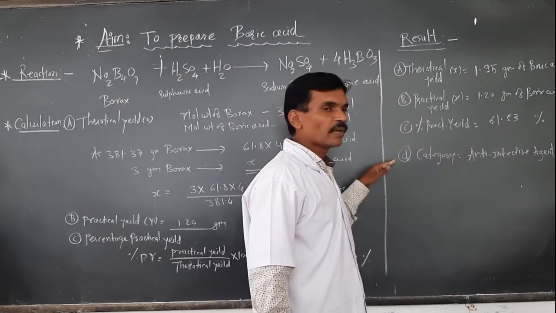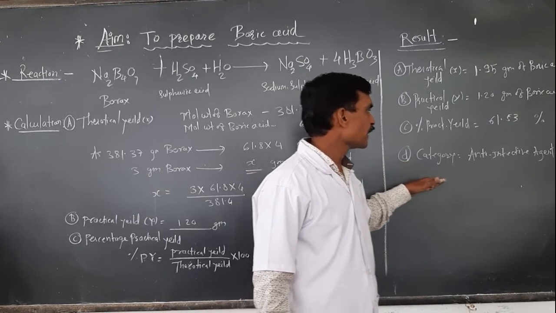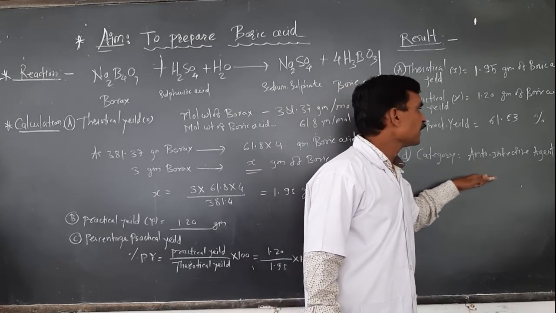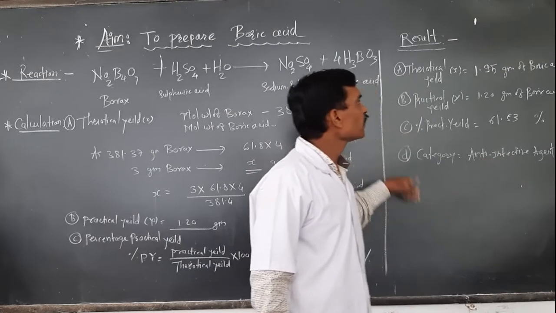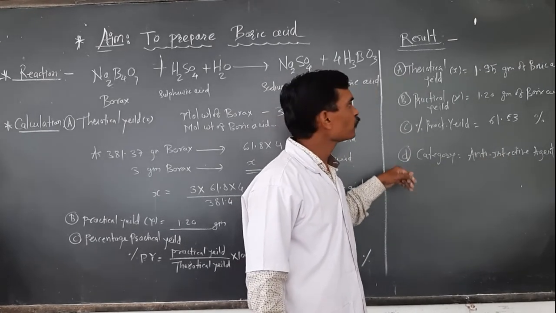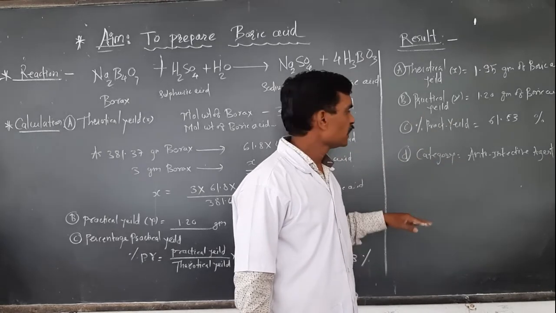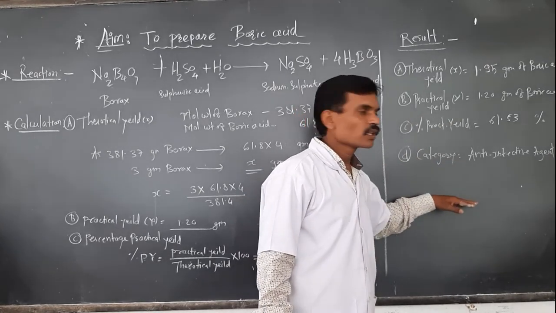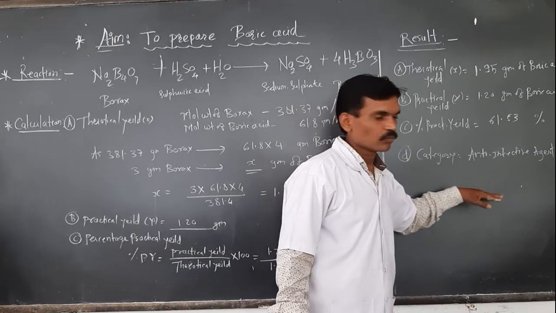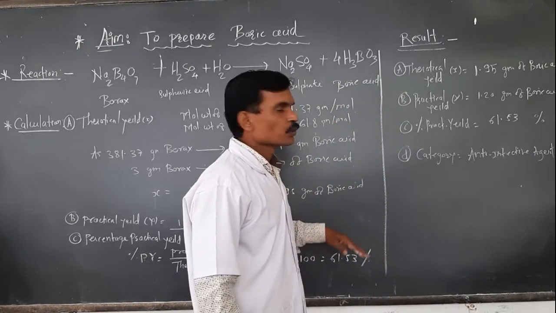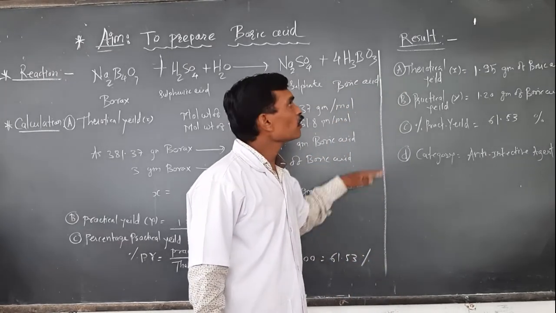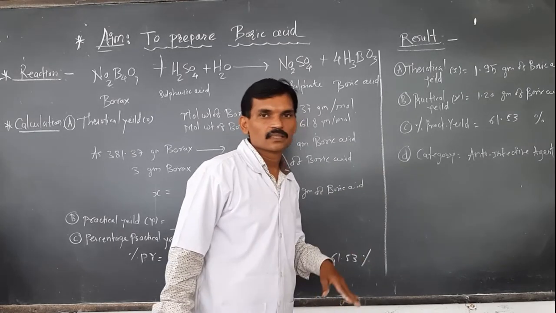Now we have to mention the category here. What is the category? That is anti-infective agents. We have to make a label of this and submit the product in a polythene pouch along with the label of this result. Here you have to mention your ARN or your roll number, whatever. So this was about the result of today's practical.